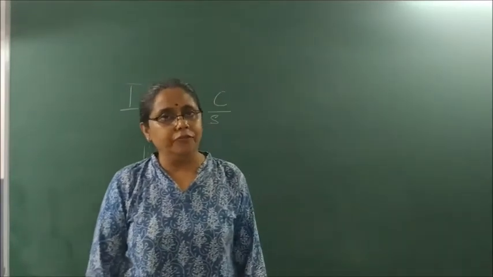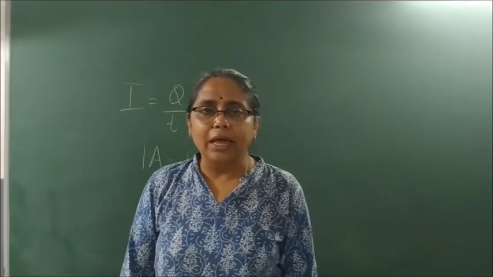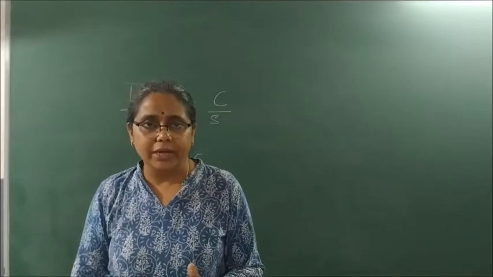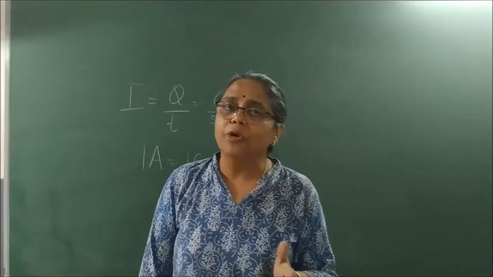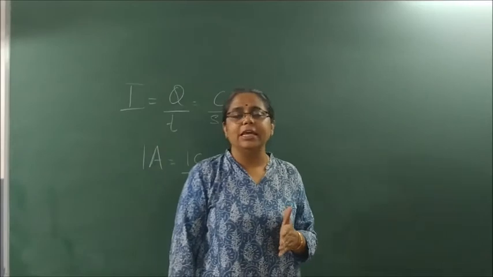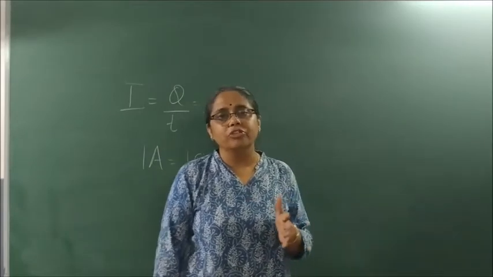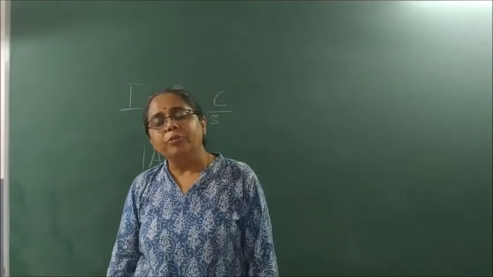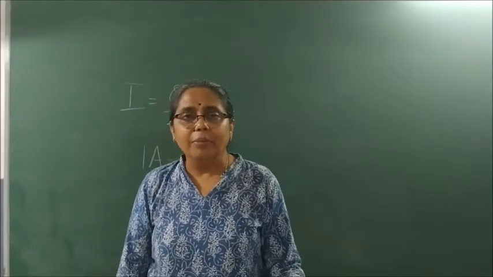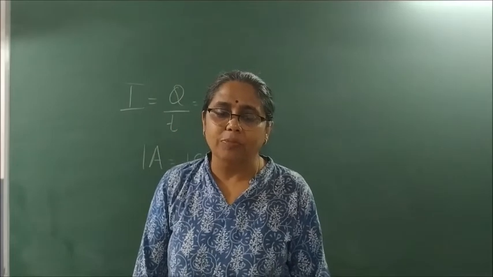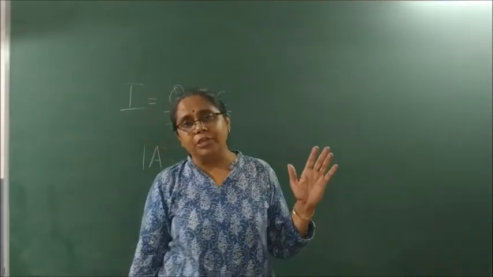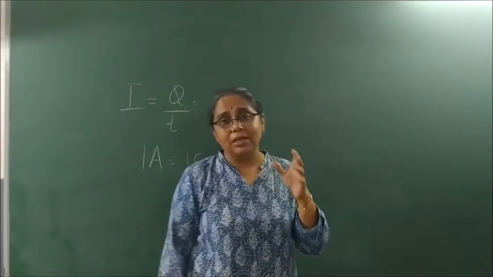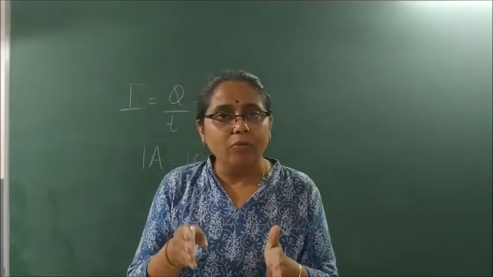After that, we studied that the SI unit of charge is coulomb, and 1 coulomb is defined as when a body contains 6.25 into 10 to the power of 18 electrons, it is said to possess a charge of 1 coulomb. Then we talked about potential. Electric potential is defined as the amount of work done in bringing a unit positive charge from infinity to the point of work. But as we do not really take a broader perspective, we study what?